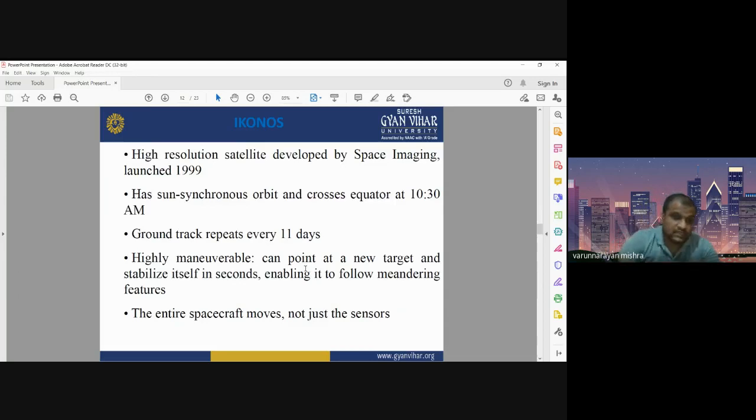Although all satellites move in space, during the movement the sensor moves at different angles with respect to the spacecraft movement. But here in IKONOS, the movement of the entire spacecraft is synchronized with the movement of the sensor. Okay, it gives very high spatial resolution images.